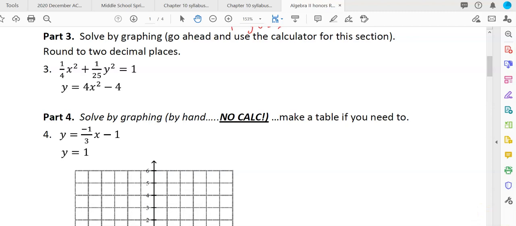Use the calculator. Okay. So solve by graphing. So let's solve this by graphing. First, we have to solve for y. Well, this one's already solved for y. This one, to solve for y, I would multiply by the GCF, which is 100. So we multiply everything there by 100. Then I get